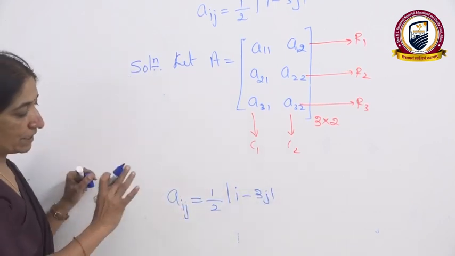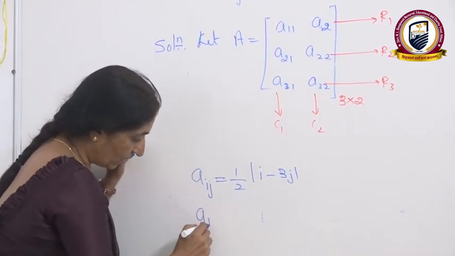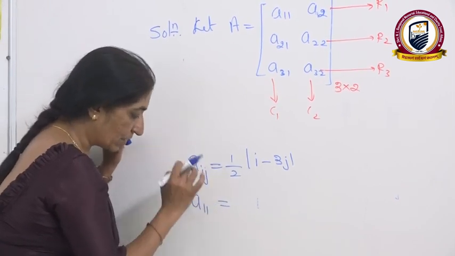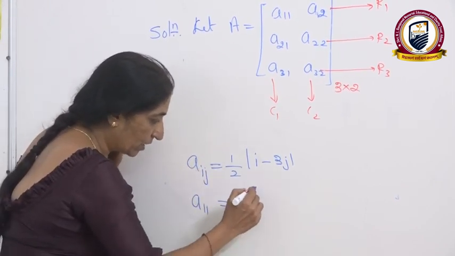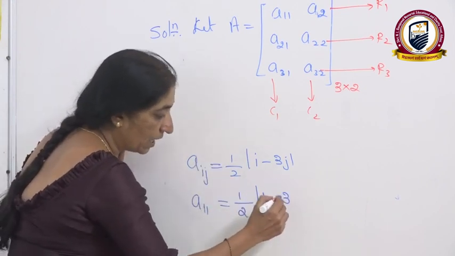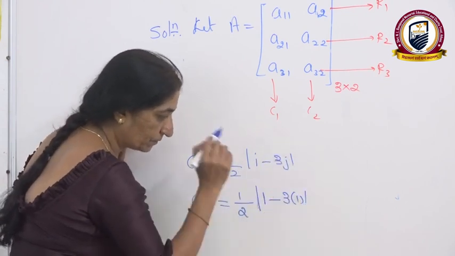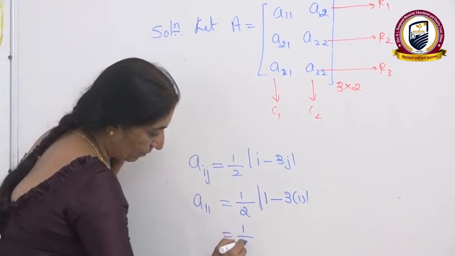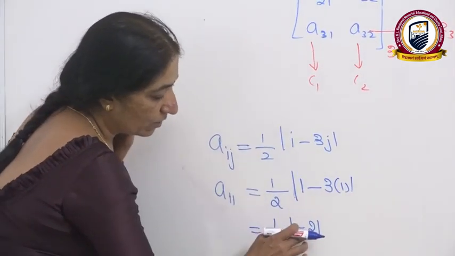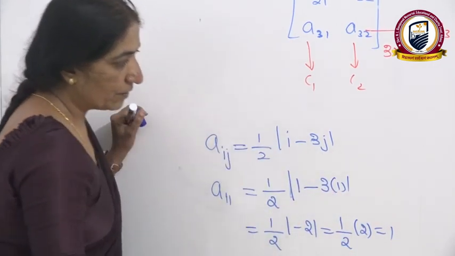So I am giving you a very simple step. Exactly below, write down these elements one by one. First one, A11. That means what? i is replaced by 1 and j is replaced by 1. Write down 1 by 2 in the modulus, i replaced by 1, then minus 3j. What does 3j mean? 3 into j. Like this, and simplify. 1 by 2, it is 1 minus 3 under modulus. If it is under modulus, the negative sign will not come. So what are you writing? You are writing like this. Your answer will be 1.